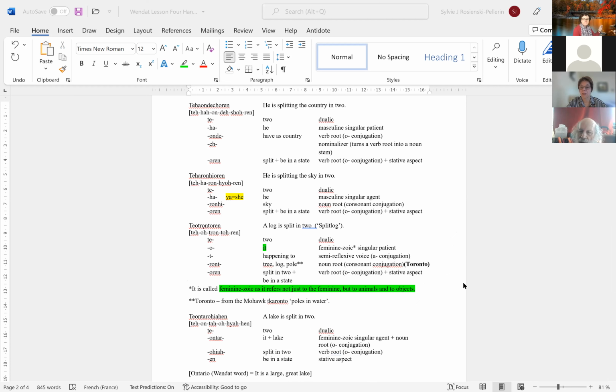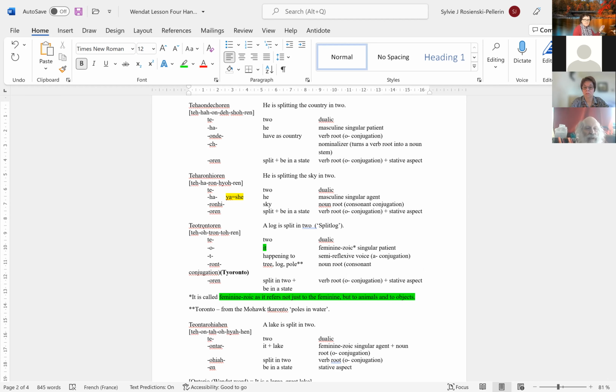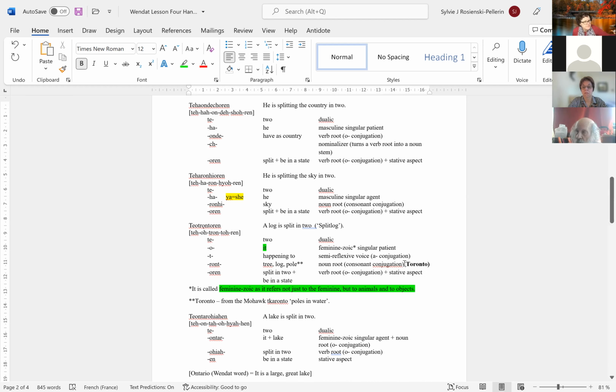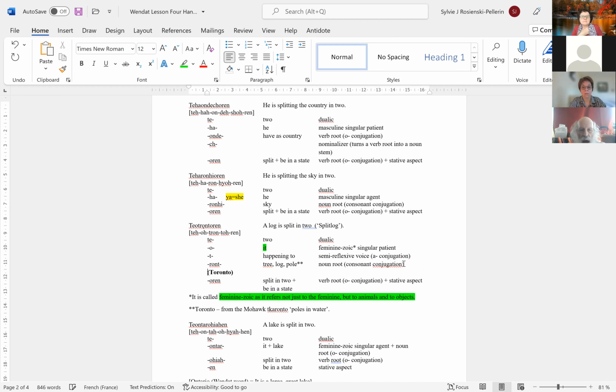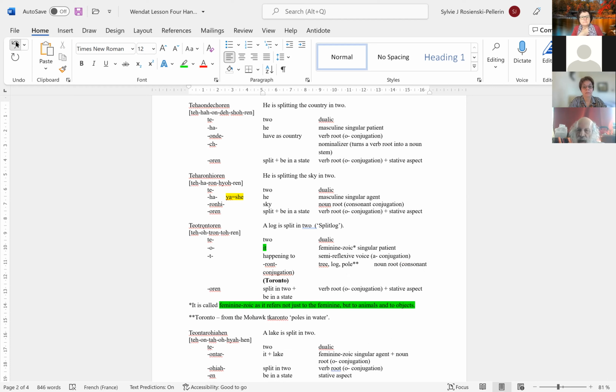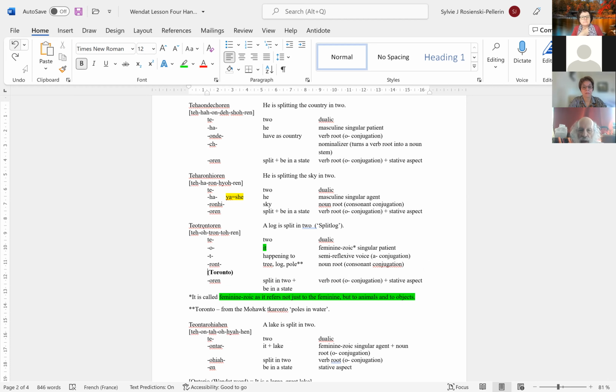Does that exist in Wendat, or is that a convention? No, what it is, Mohawk has a K where Wendat has a Y. And the T is another prepronominal prefix that means, in this case, at. So the T is at, the K is it, the ront is tree, the O means to be in water, which is pretty handy, you know, given